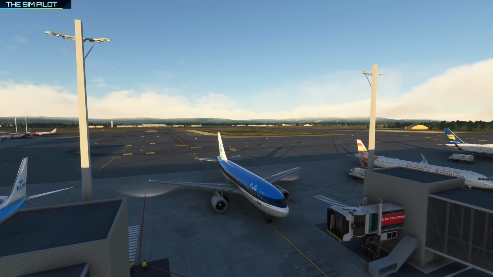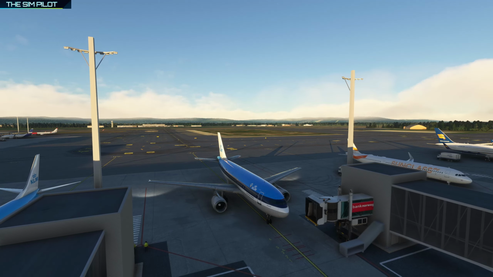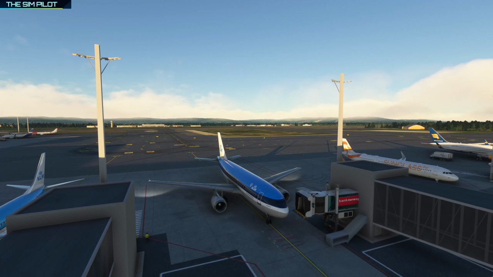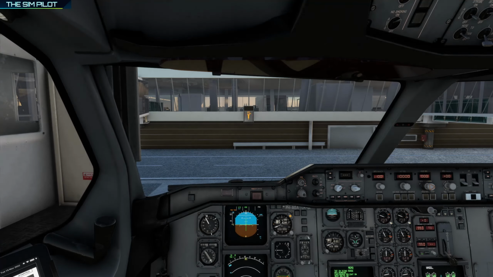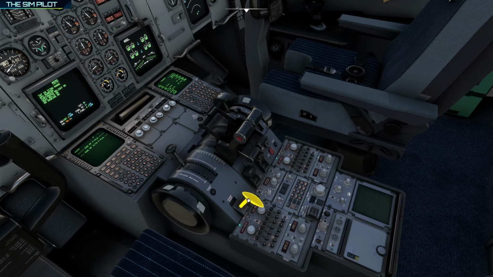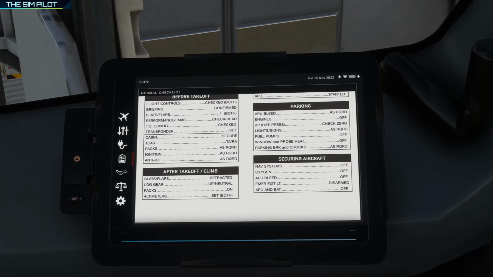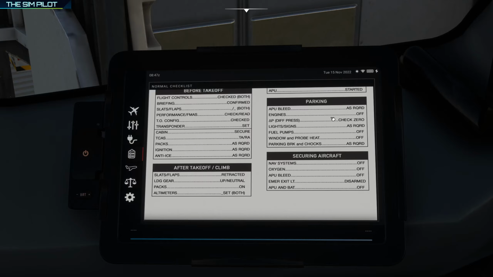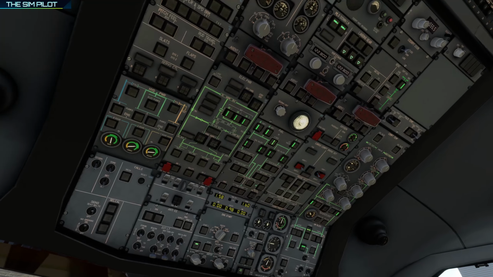This is me cheating, by the way. I think I'm going to stop here. Parking brake is now set. And let's take a look. Alright, parking. APU bleed is on. Engines, we will turn them off. Here in a little bit, I'm gonna do a couple more checks. And yes, we are good to